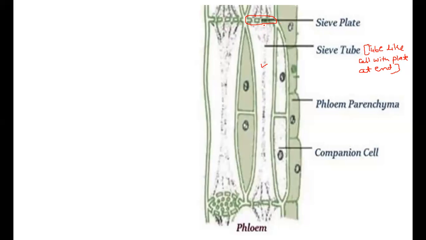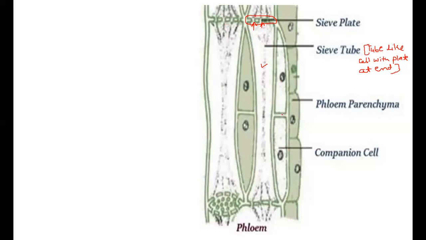These sieve cells were present in the sieve tube once upon a time, but after that they became the sieve plate, and the sieve plate is perforated. We have seen that perforation is present. So these are the gaps. Through these gaps, material can pass up and down. Now one type of cell actually provides protection to the sieve tube. These are called companion cells.